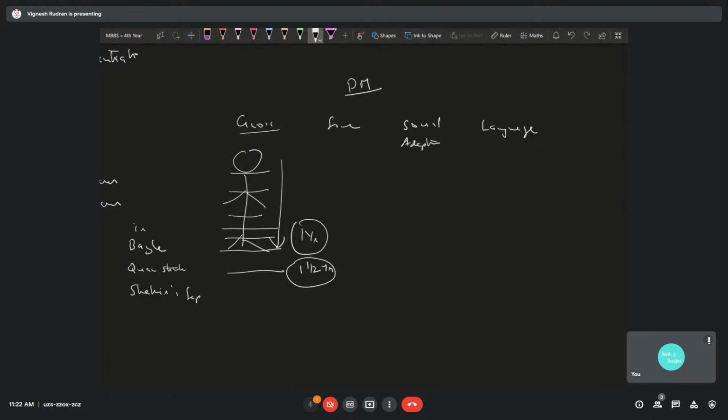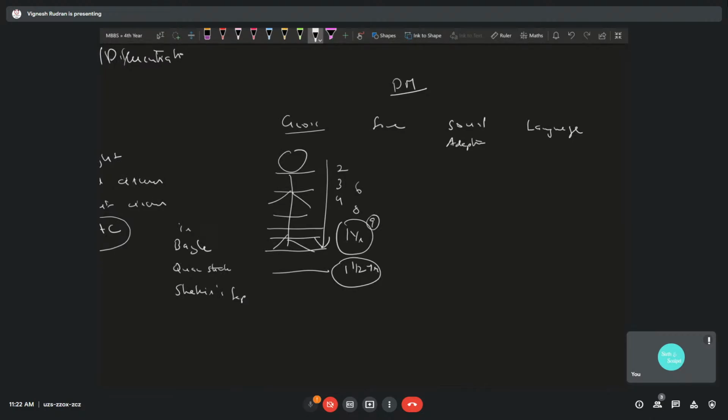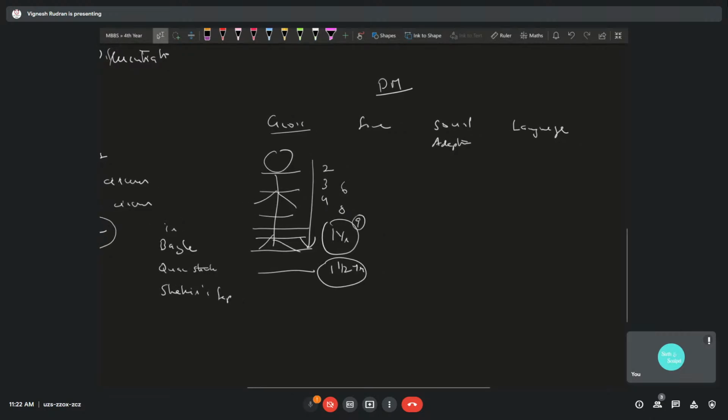Other ones you can just give a rough thing like in 2 months he'll be able to raise his head. In 3 months he'll be able to raise his neck. In 4 months he'll be able to raise his chest. In 6 months he'll be able to shift from prone to lying, and then in 8 months he'll be able to sit with support, and then in 9 months he'll be able to sit without support. All of those you can fill it up. This is not perfect, but it makes life so much easier when you do it this way. So this is how I would remember this.